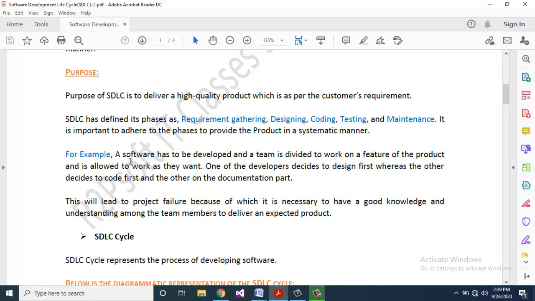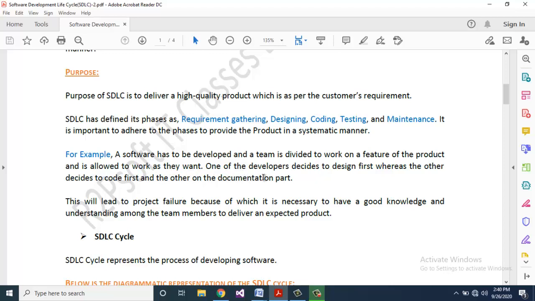For example, a software has to be developed and a team is divided to work on a feature of the product and is allowed to work as they want.